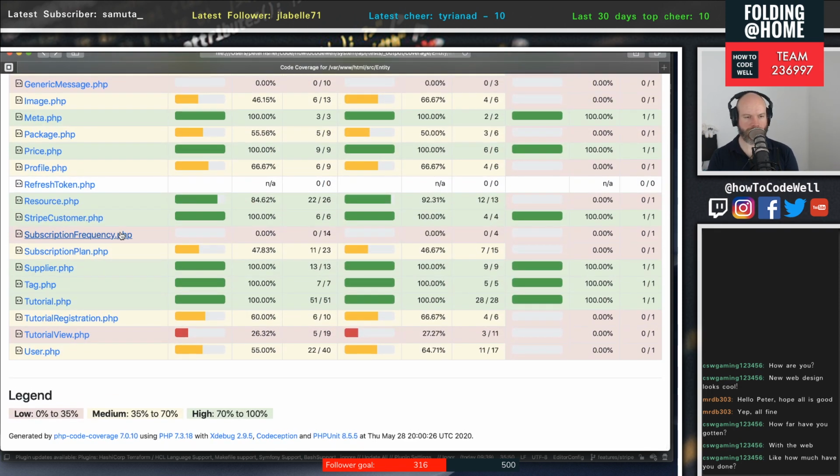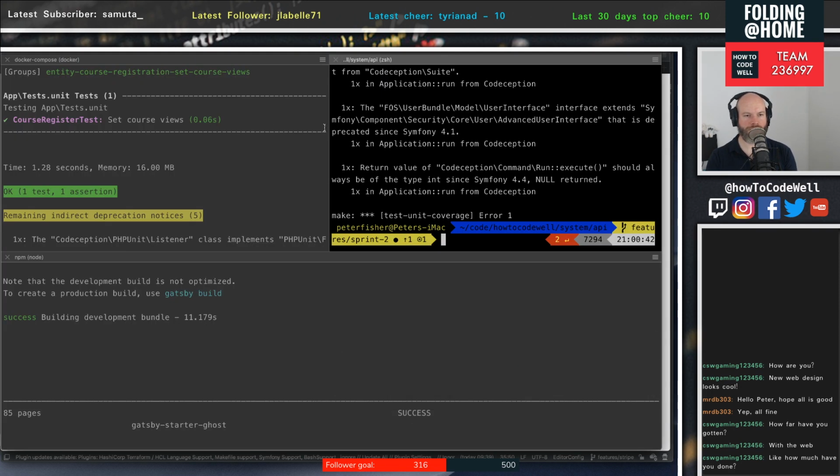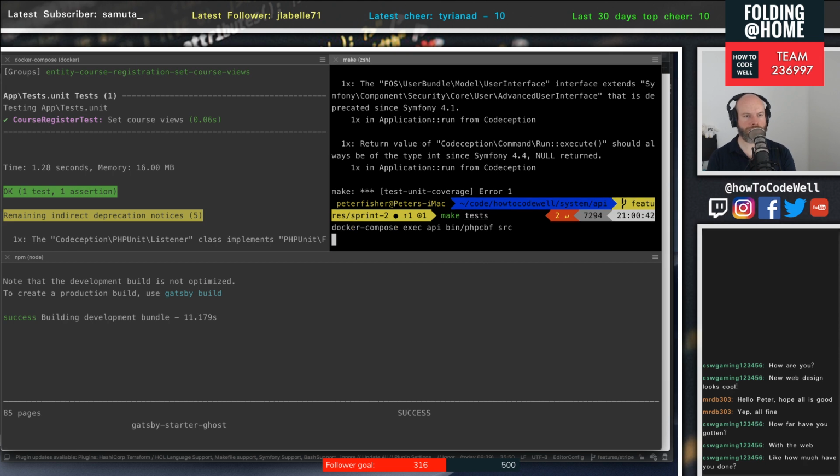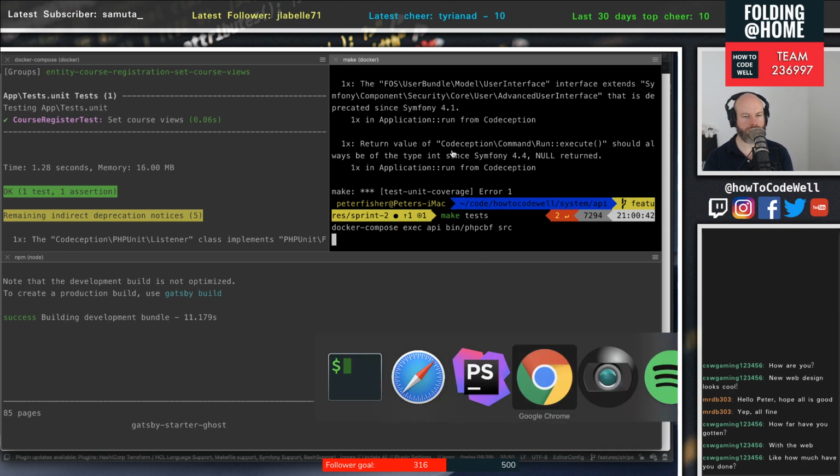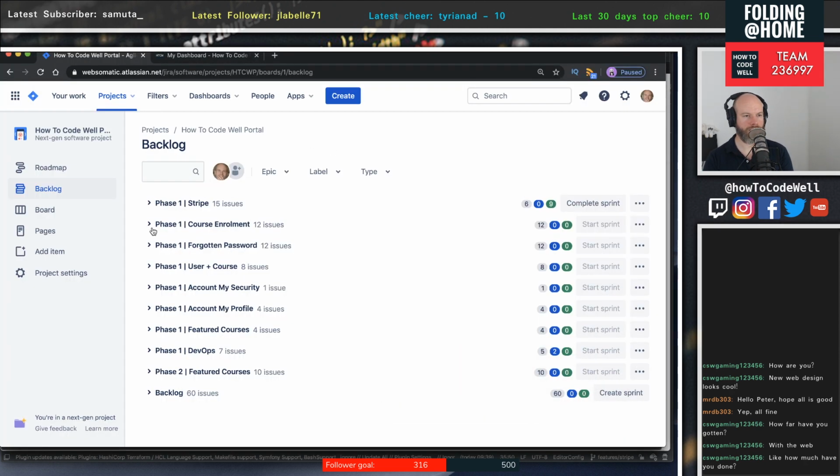Anywho, let's just make sure that everything else works as expected. I'm just going to run the whole make tests thing again and just see make tests. And as that goes through its motions, we're going to go and have a look at the backlog here. So